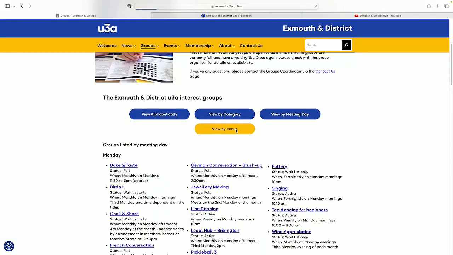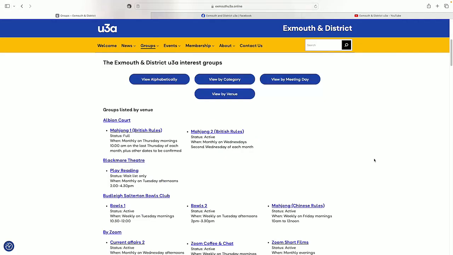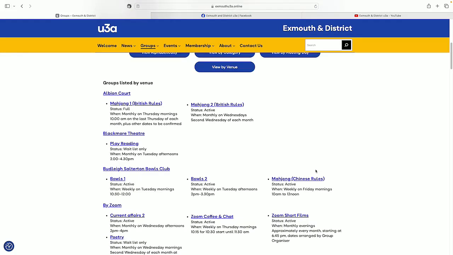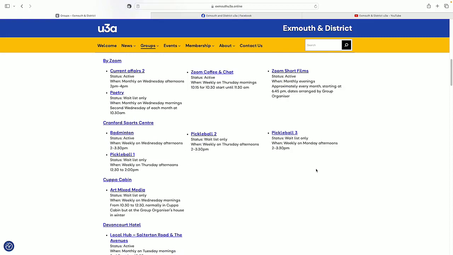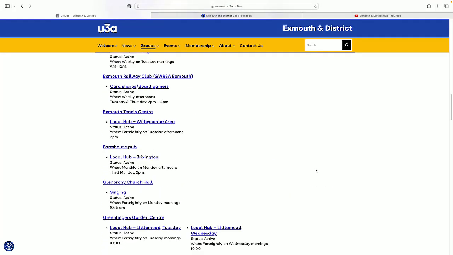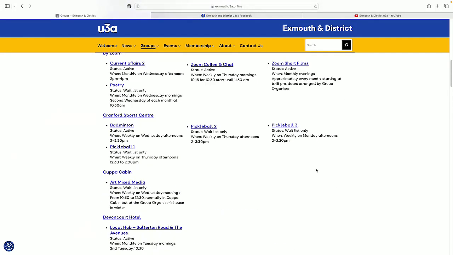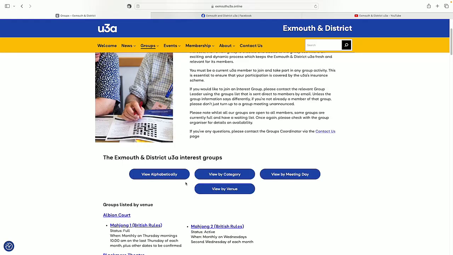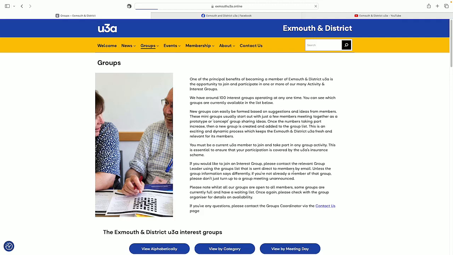There's a further way in which you can categorize it by venue. Now, some of our meetings take place on Zoom, but all the others are in physical locations, and you can see the list of all the physical locations in and around Exmouth where our groups visit and meet. Now, if we go back to the alphabetical